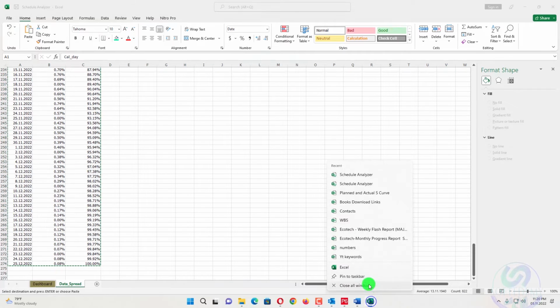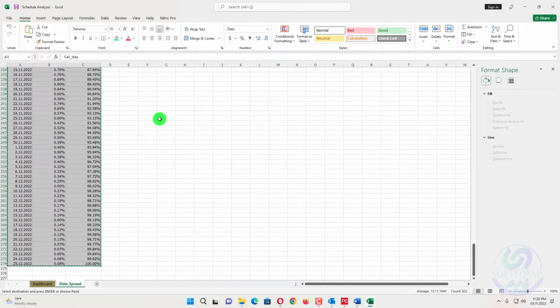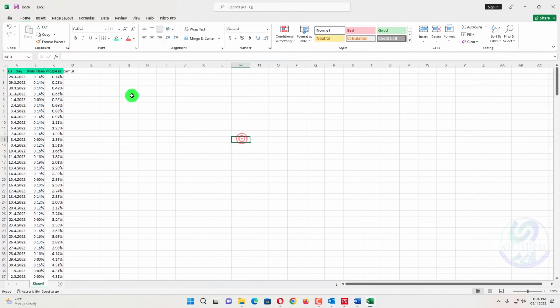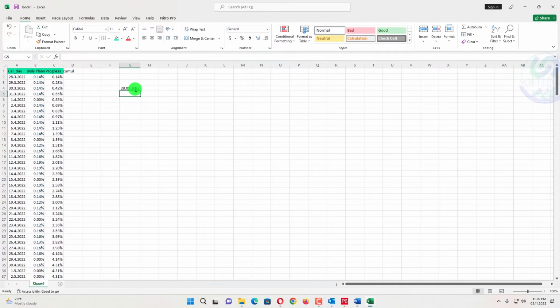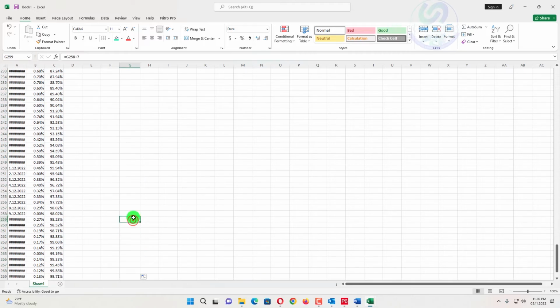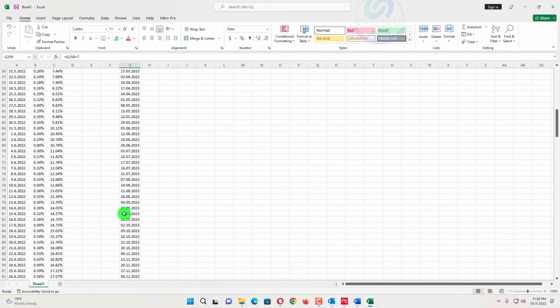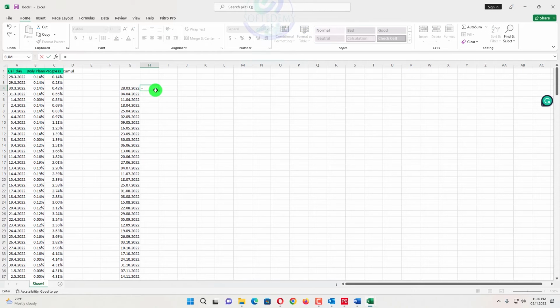I will just go to Excel, and I will open a new sheet, and in that new sheet I will just paste this one. And if you need just per week, and you want to start from 28.3.2022, and you want this one per week to be equal to this one plus 7. So the week will be added here. You can go below to the end of the project here. Now is equal to, you can put a formula here, VLOOKUP